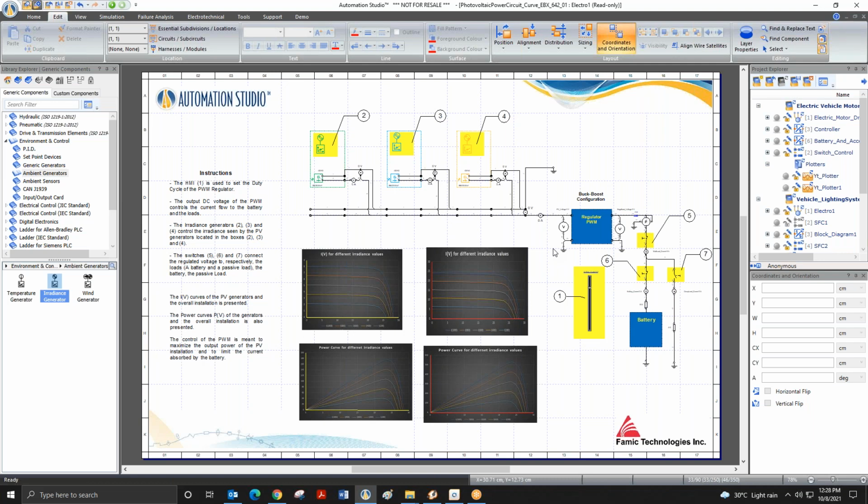Which version are you having right now? No, we have 7.0 with us. But we are not sure whether this automotive library is included. You can just try opening the library. For example, do you know how to open a customized library? No, Praveen sir is looking into technical. I am in sales, so I'm just asking you, the automotive library you have explained right now, is it a standard part of Automation Studio 7.0, or do I need to purchase it separately? No, no, no. It is not a separate one.